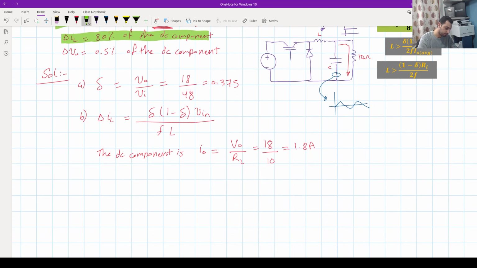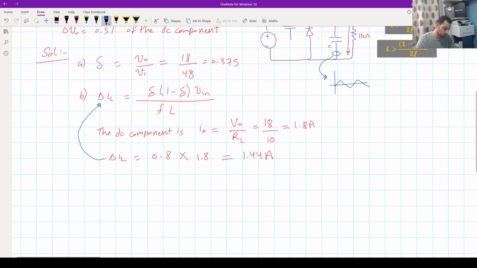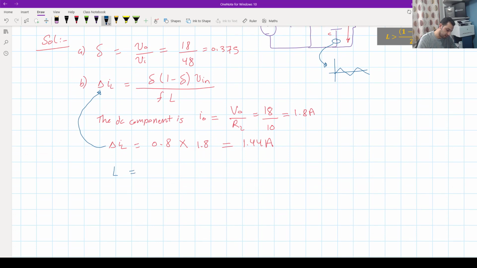So my ripple, delta IL, will equal 80% of the 1.8 ampere, and that will give us 1.44 ampere. This is our ripple. Now I can take this value and substitute it in that equation, and I can get L to equal delta, which is 0.375, times 1 minus 0.375, multiplied by V input, which is 48, divided by F, which is 40 kilo, multiplied by delta IL, which is 1.44 ampere, and the result is